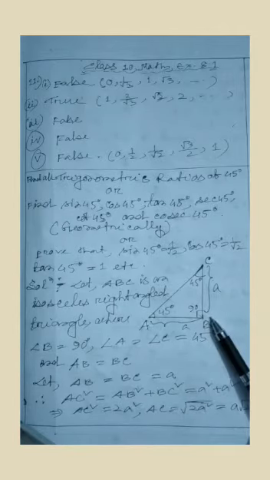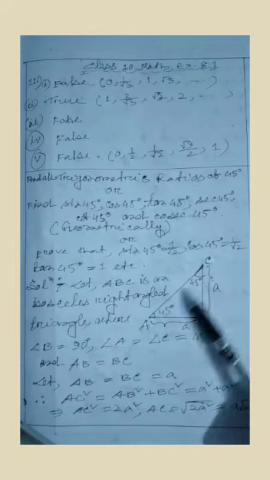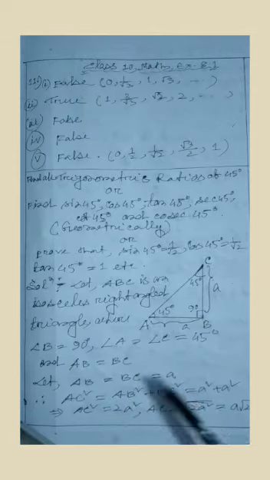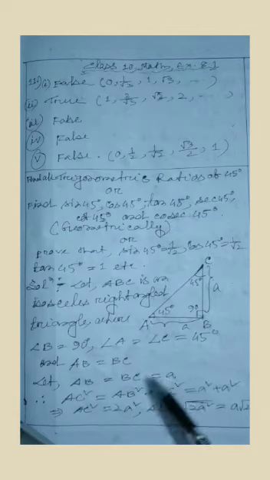Now since angle B equals 90 degrees, we can use the Pythagoras theorem to find the value of AC. AC square equals AB square plus BC square. AB equals a, BC equals a, so a square plus a square. So AC square equals twice a square. So AC equals root over twice a square. A square means a into a, so one a will come out. So a root 2. What we have got? AB equals a, BC equals a, AC equals a root 2.